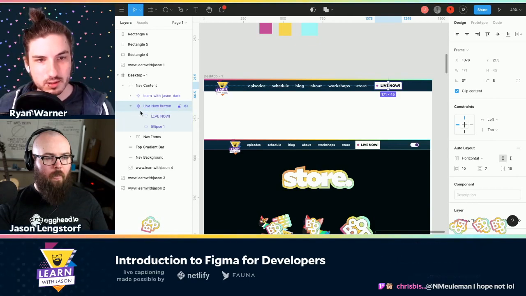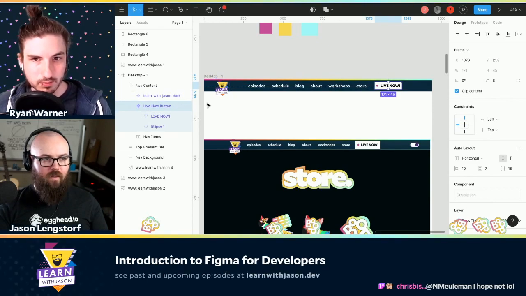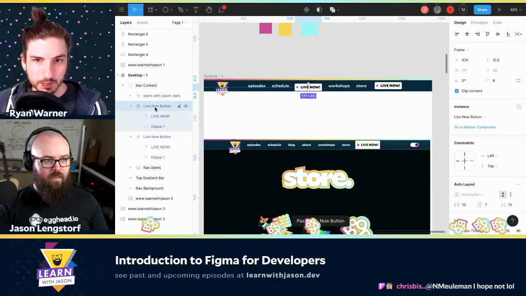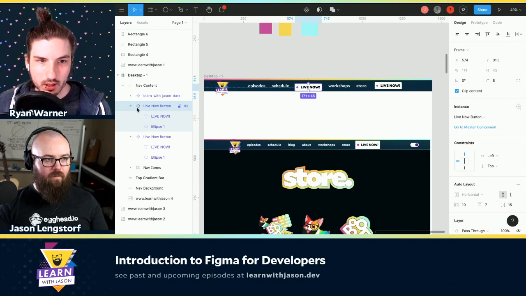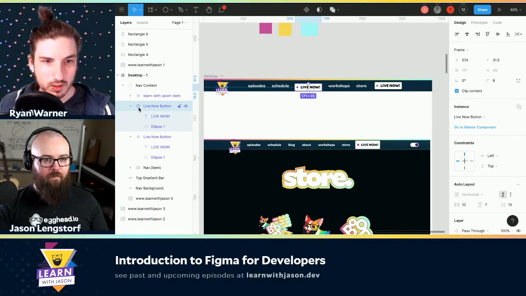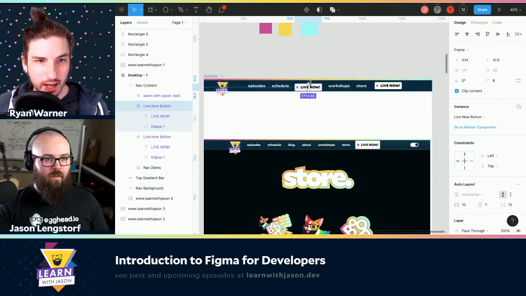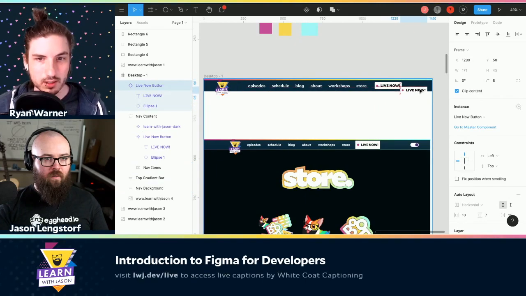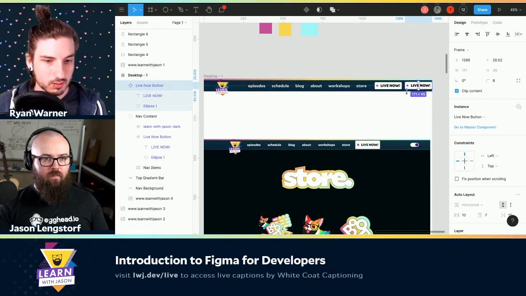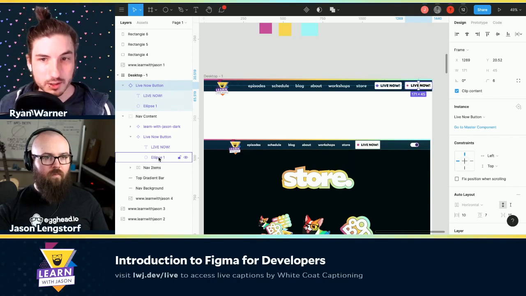And so from here, we can copy and paste it. Okay, so I'm going to copy, paste. Oh, and now it's different. Correct. We can go into what that means in a second. If you're familiar with React, this is just a component. Like a component, all the instances of it would change everywhere. If you change one of them, that will happen here too in Figma.